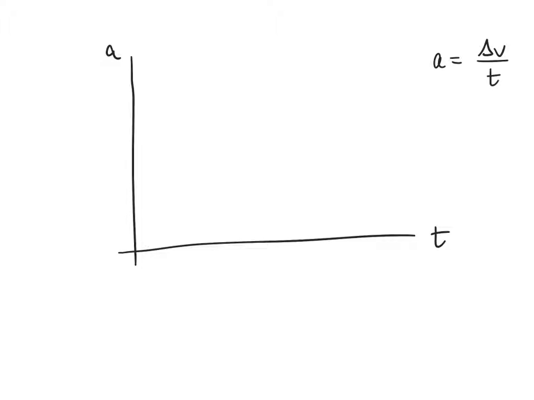The most basic formula I've got. And if I want to see what delta V is, solve for delta V in that formula. You just get A times T. And in this problem, if I had a constant acceleration for a given time period,